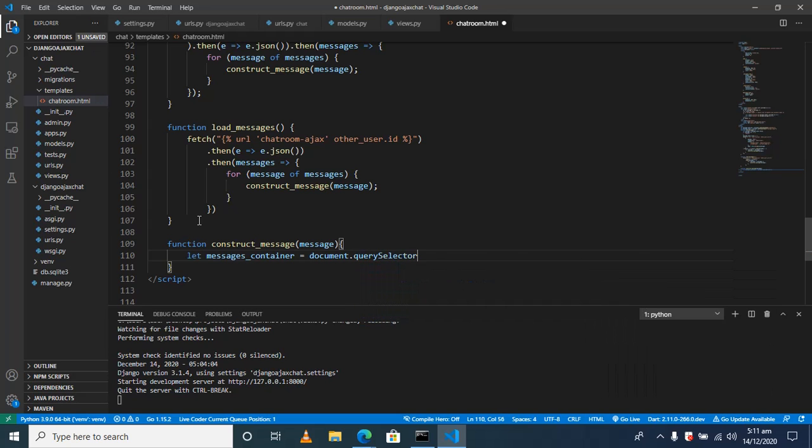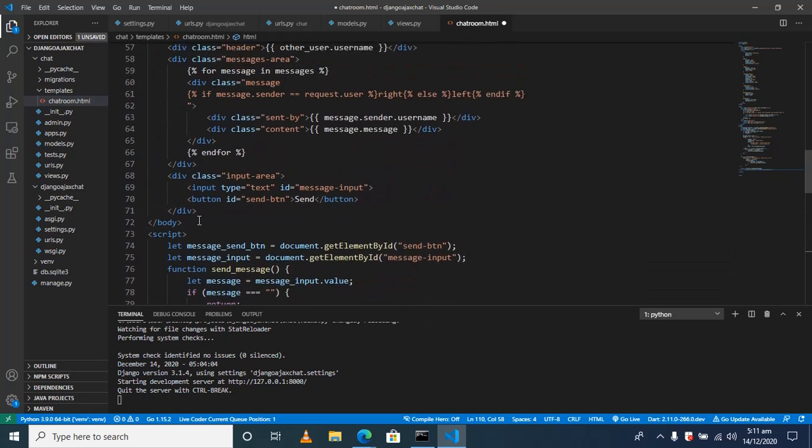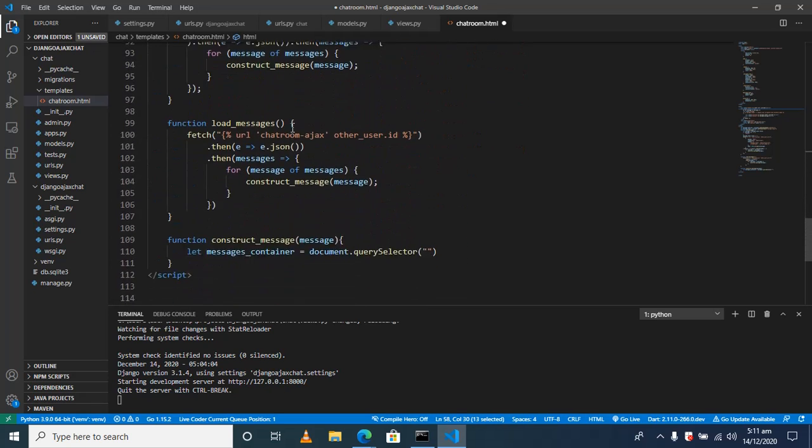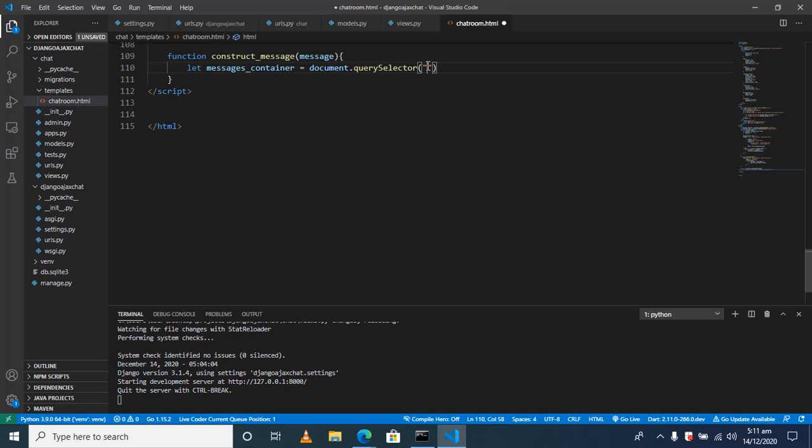So I'll use the query selector. Let me grab the class name, messages area. I'm using query selector so that only one will be selected, and please don't forget the dots so that it doesn't return a list. And when we have this, we are going to create a variable class name which is going to be left, and then I'm going to say if the message was sent, then class name is right. That was just already is left, and then you create a div,